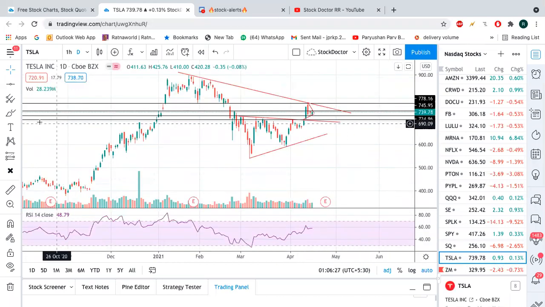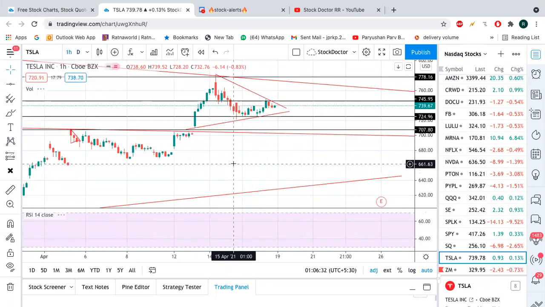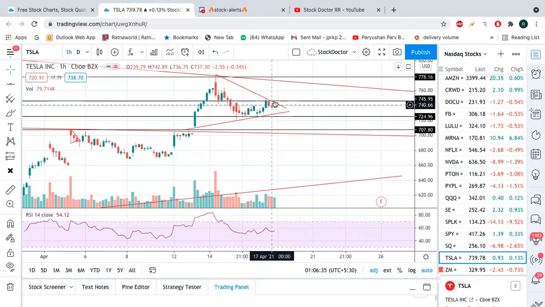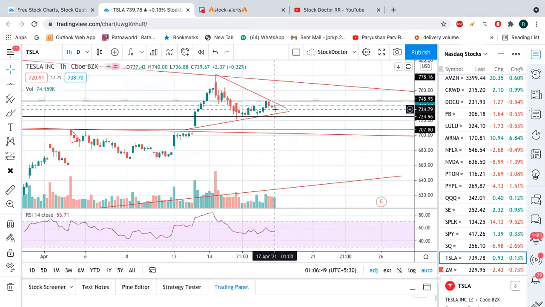The next stock is our favorite, Tesla. If you see here, I want to show you the hourly analysis. Tesla is trading in this descending wedge pattern. Now, if Tesla breaks above this trend line, then it can go towards 760 and 778. If it breaks down from this descending wedge pattern, then there is a high probability for it to go towards 707 levels. And then if it doesn't sustain at these levels, then it can go towards this level